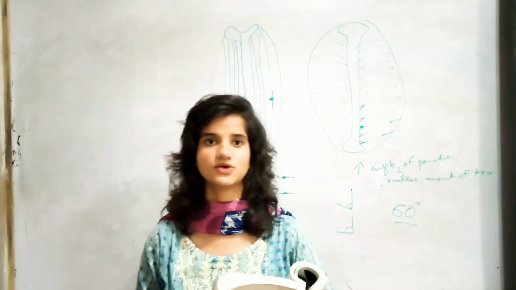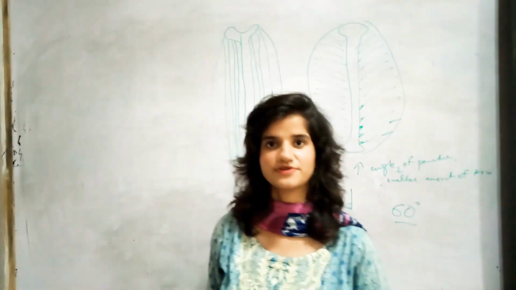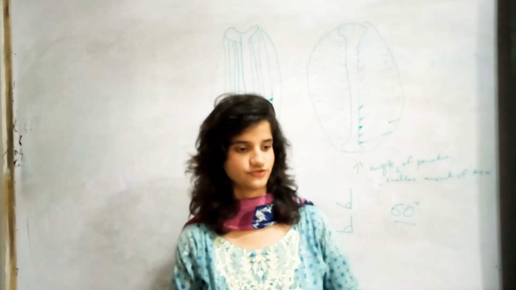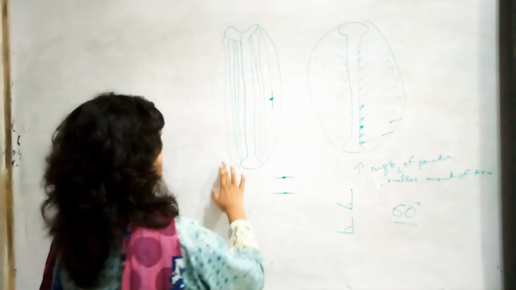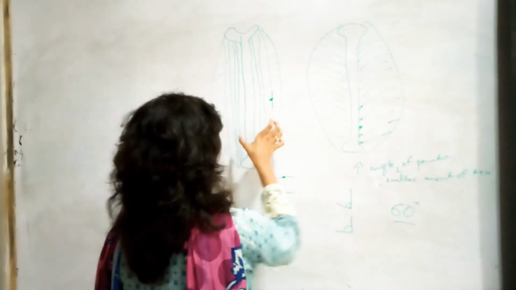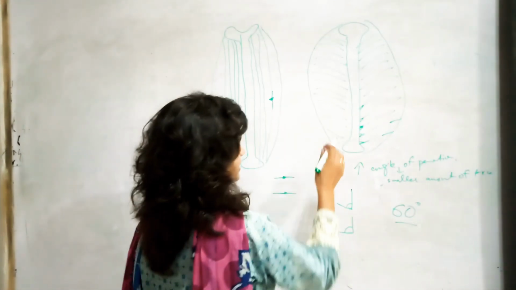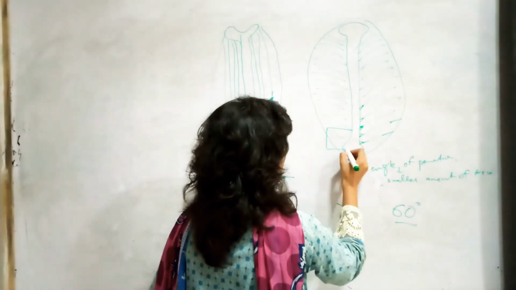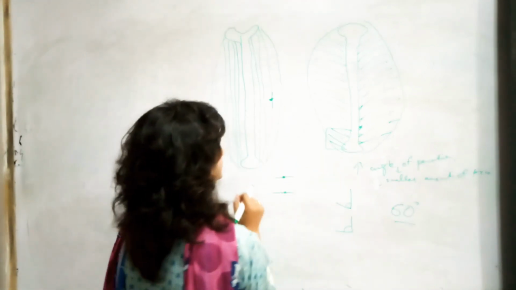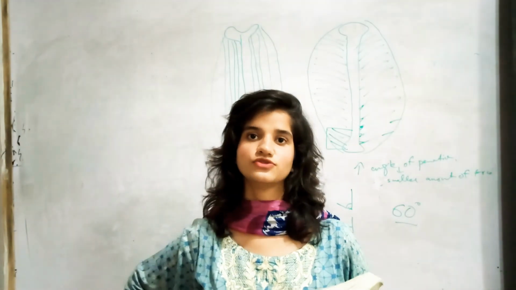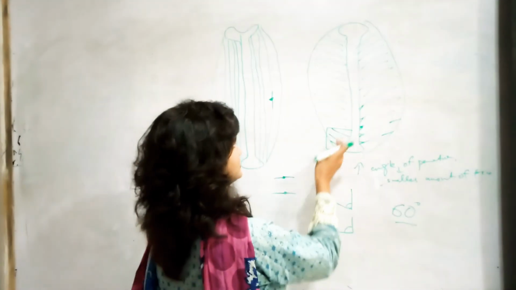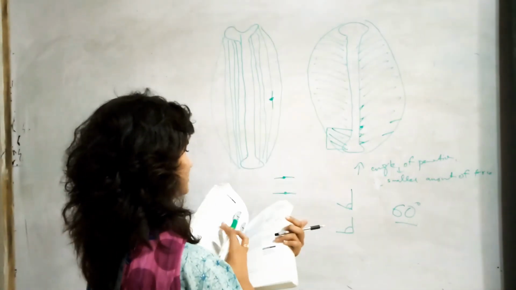Now moving towards the next thing: what happens in pinnate fibers and what happens in parallel fibers. The packing of muscle fibers is better in pinnate fibers. If these are the pinnate fibers and these are the parallel fibers, more muscle fibers can fit in a small area. In this small area there would be many fibers attached, but in comparison the parallel ones do not have that much good packing. So this is also a difference between both of them. The packing is good in pinnate fibers and not good in parallel fibers.